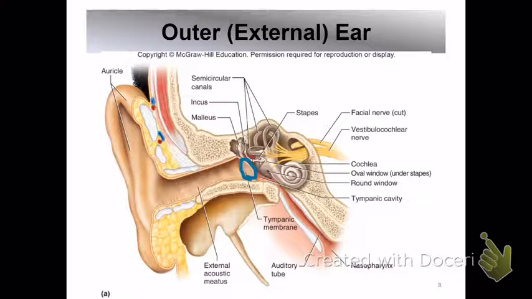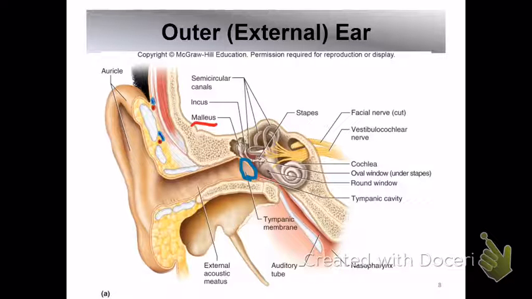So when it vibrates, you'll see that it sends impulses to the malleus. Now look in red. That's the malleus, that bone. Look at the word, so I don't cover it up with marker. You'll see the tympanic membrane, when it vibrates, it transmits sound waves to the malleus. You want to know that, though. The tympanic membrane transmits sound waves to the malleus. That's the